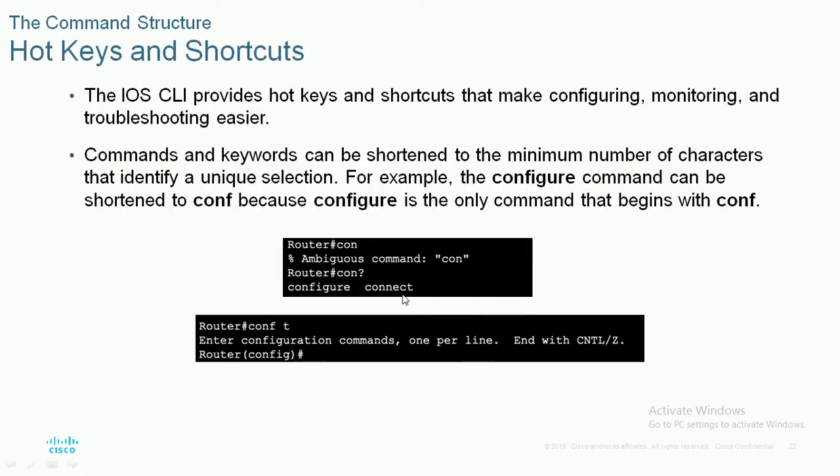Ambiguous command I entered. It will enter into some X mode. Now we need to come back from that mode, which means we need to enter Control Shift 6. Then we will come back to the hash mode. If I enter anything wrong in the hash mode, I need to get back to the hash mode by giving Control Shift 6. Or if I am sitting in the global configuration mode and I entered something wrong, I will enter into ambiguous mode. Again I need to give the Control Shift 6 command to get back to the original mode, like global configuration mode.